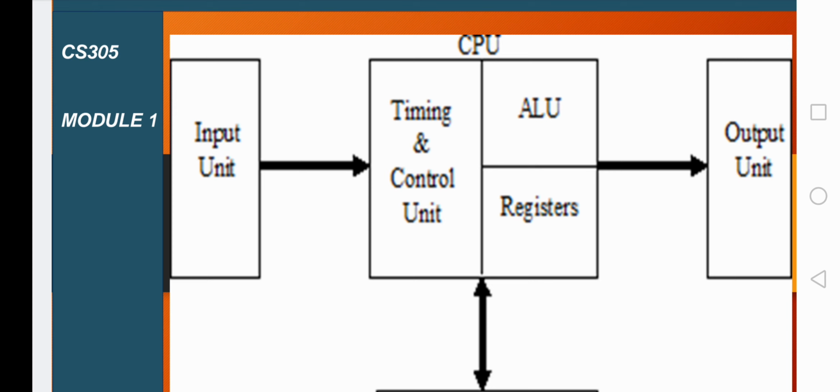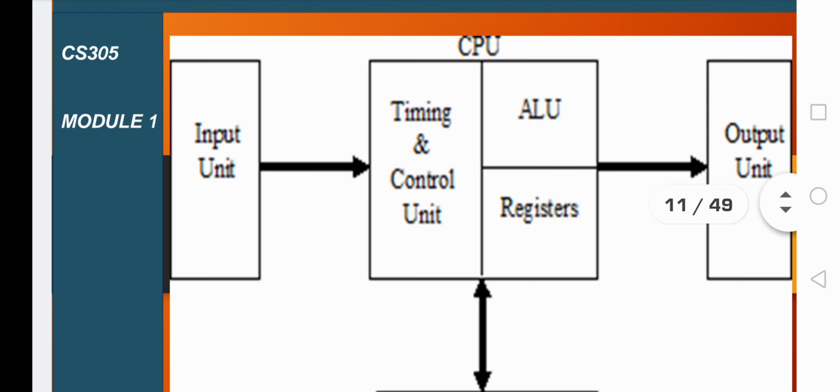Before going on to the subunits which are present within the CPU, let me tell you what is CPU. I told you the CPU is nothing other than the microprocessor itself. It is the heart of the computer. It is called the heart of the computer because it is not only the brain of the computer, it is also the heart because it is responsible for doing the complicated or more effective tasks, the larger or more time consuming tasks, within a fraction amount of time.